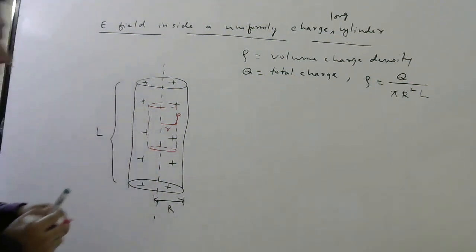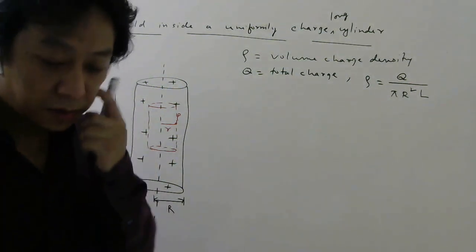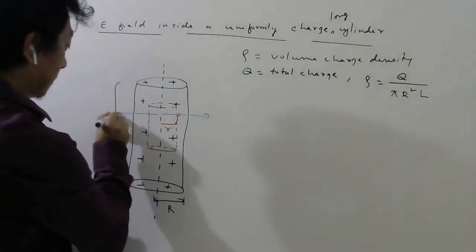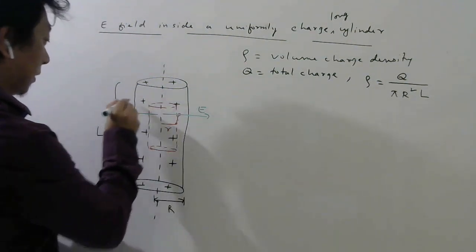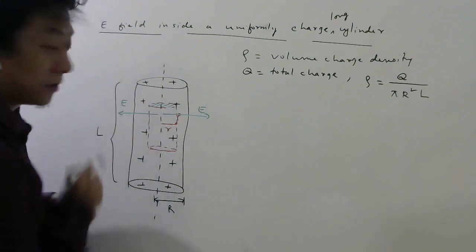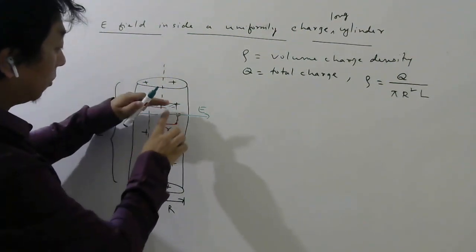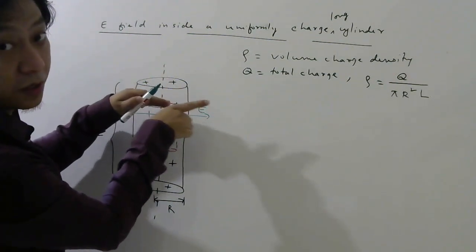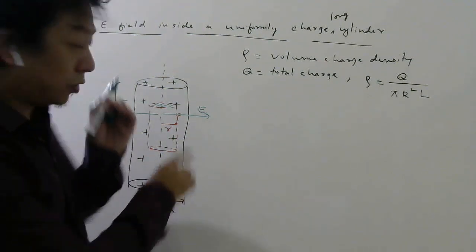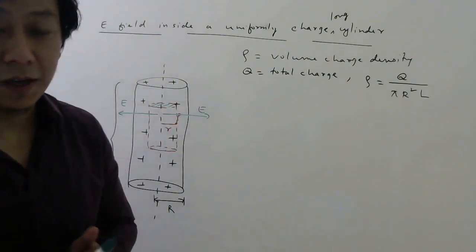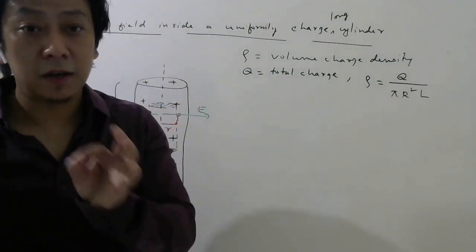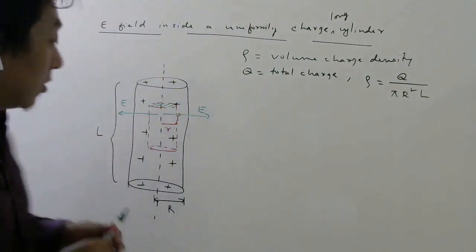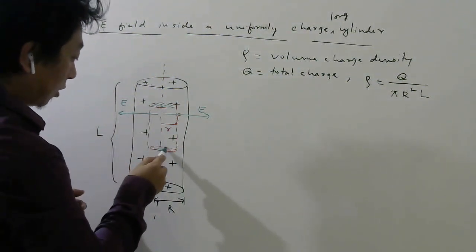This is a cylindrical Gaussian surface. Okay. So now, since electric field lines will look like this everywhere, you can see through this part there will be no flux. For this upper part, if you look carefully, the area vector will be here, and the electric field will be here. So 90 degrees will come as the angle between the area vector and the electric field vector, and you know flux is E A cos theta for a plane surface, and since theta is 90, cos 90 will be 0. So from here there will be no flux, from here also there will be no flux.